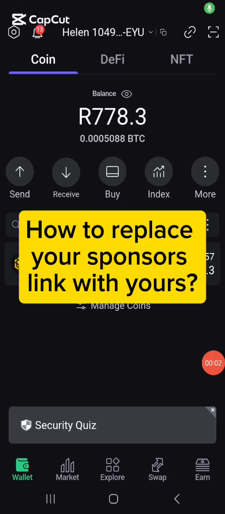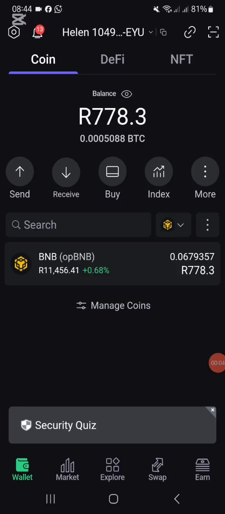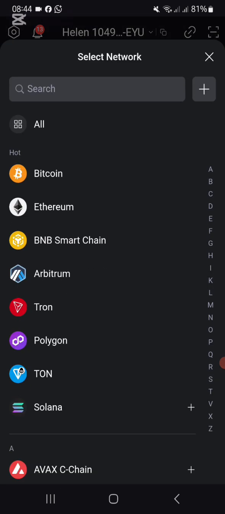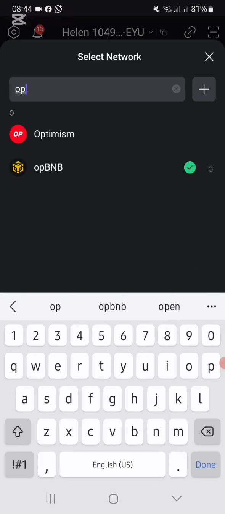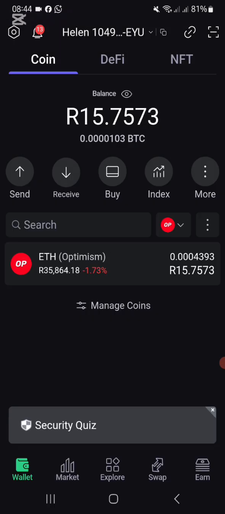So you have opened up your coin for EtherOcean on your OPBNB wallet. To go and check and move between the two, you're going to press on the search bar to the drop-down box and you type in OP. And then you can swap between the two. So we're going to look at Optimism, okay?